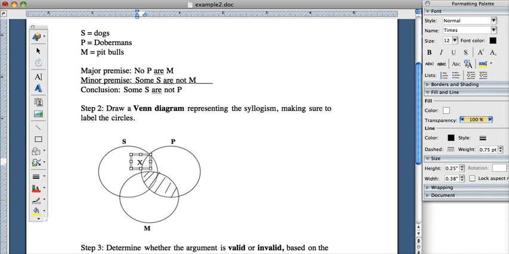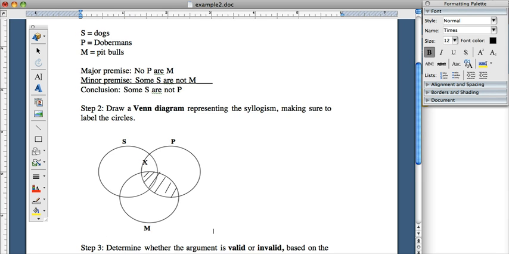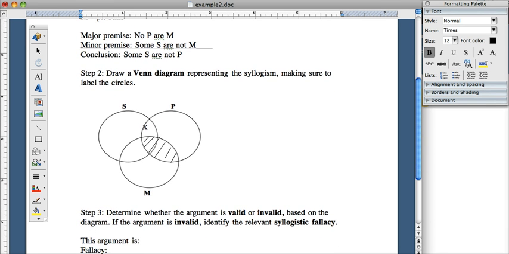And do our line so that we can see. And let's see if we can scooch this over just a hair. Okay, that's a little better. Okay, close enough. Then we want to see whether the argument is valid or invalid by seeing if the conclusion